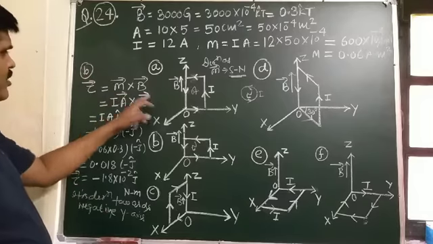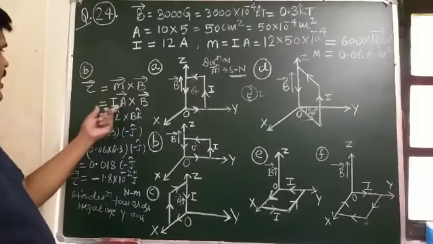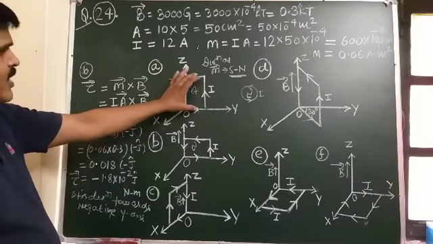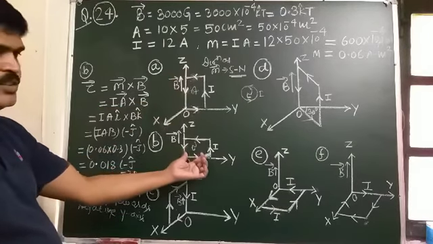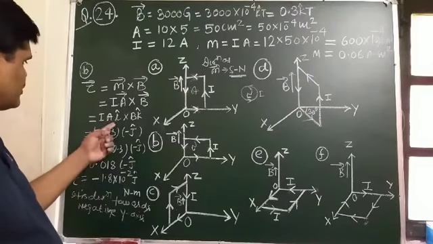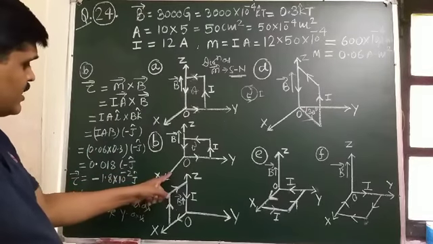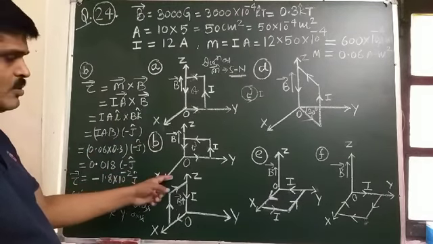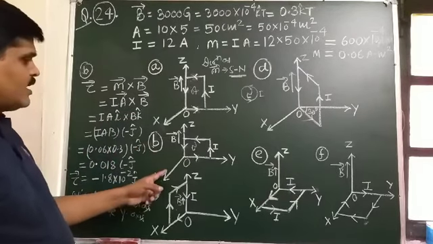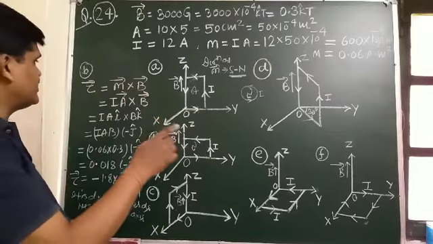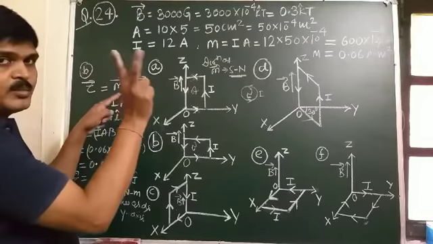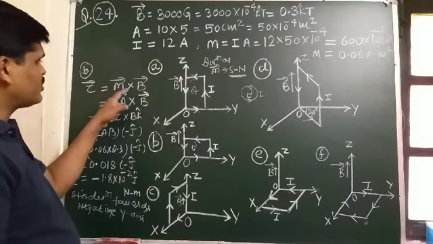same process, m cross b, tau, that is what? M cross b, I A, that is what? Same. All things are the same, because only the orientation of this rectangular loop is changed. Direction of the current is the same, direction of the magnetic moment is also along the x axis, so the area vector is also along the x-axis. And student, you also imagine the direction of the torque, the product of two vectors.